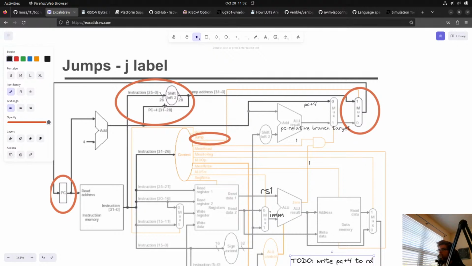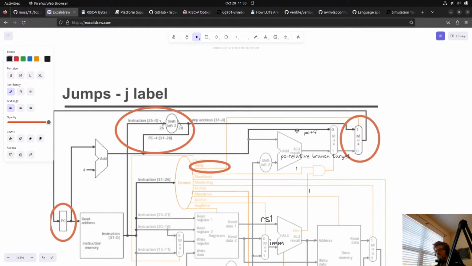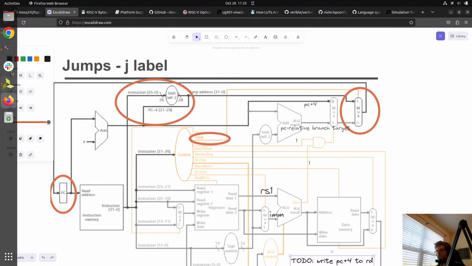In fact, we have the PC plus 4 signal coming out of here, and the only place it sometimes gets sent back is for the next program counter, but it does not ever get written to a register, which in the case of RISC-V is done on both the jump and the conditional branch instructions. In fact, I meant to have that open.